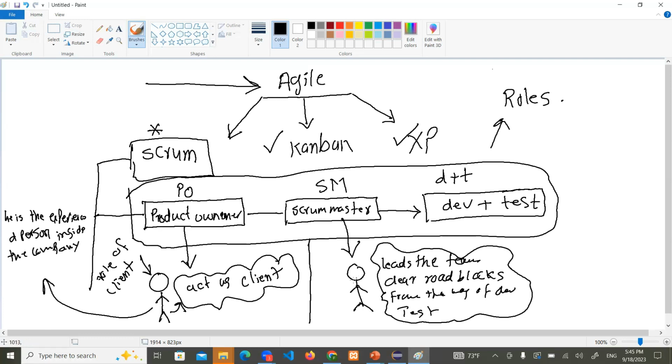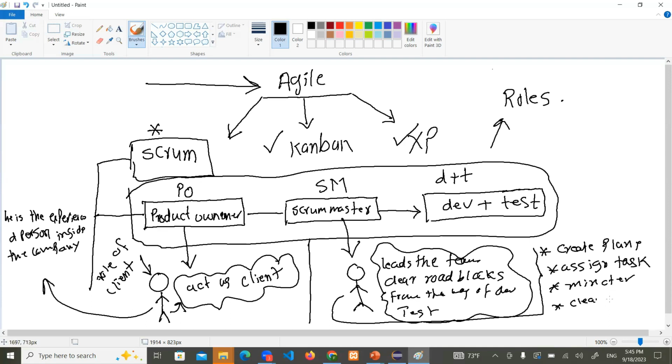What will he do, his initial task is to do what? To prepare a plan, create a plan, assign the tasks, monitor the task,